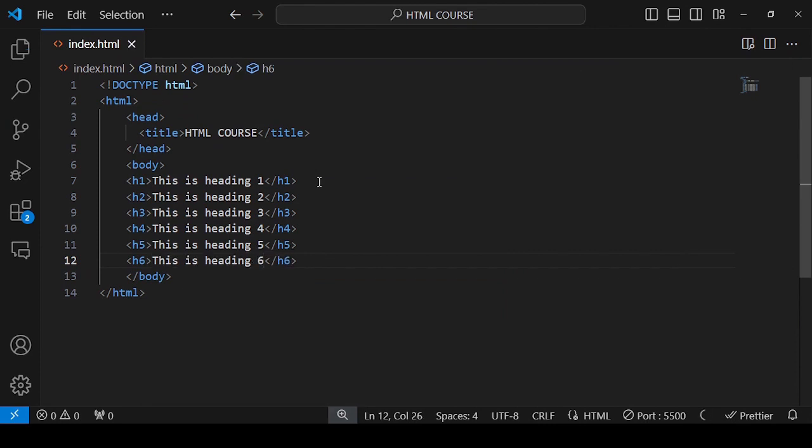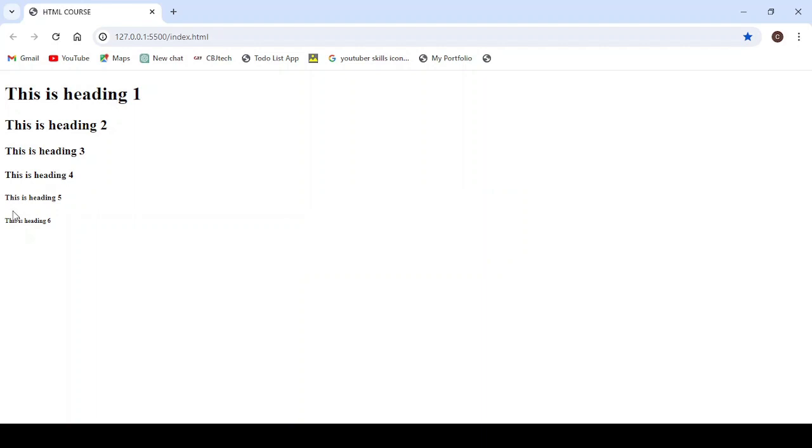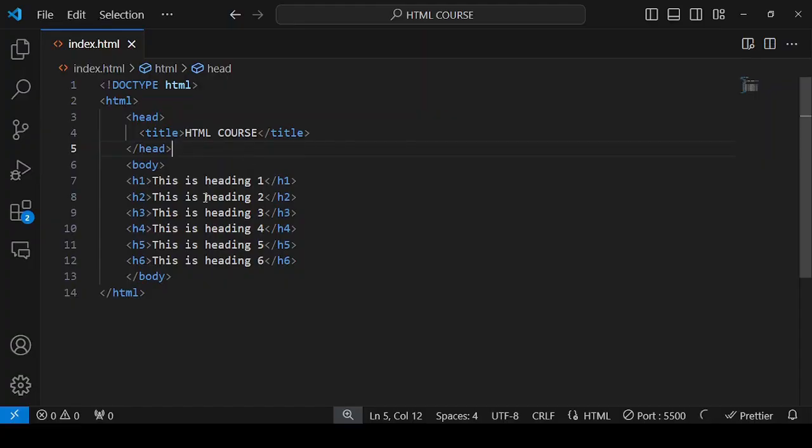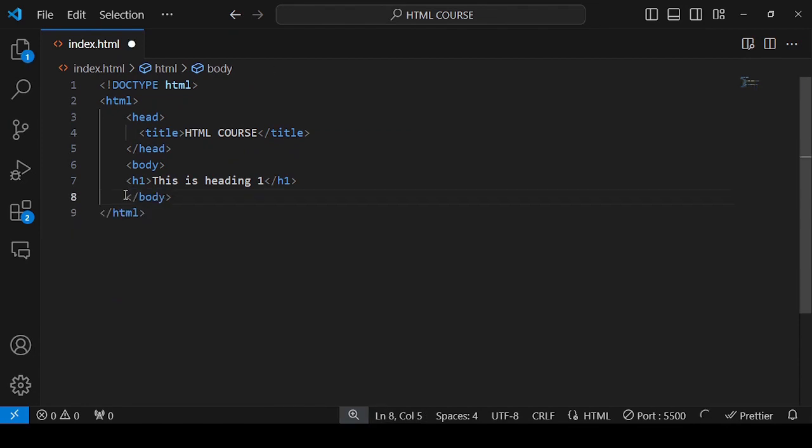If I save and go back to the browser, you notice that H1 is the biggest one and it just decreases in descending order until H6, where we have H6 as the smallest. So I'll go ahead and remove H2 to H6,